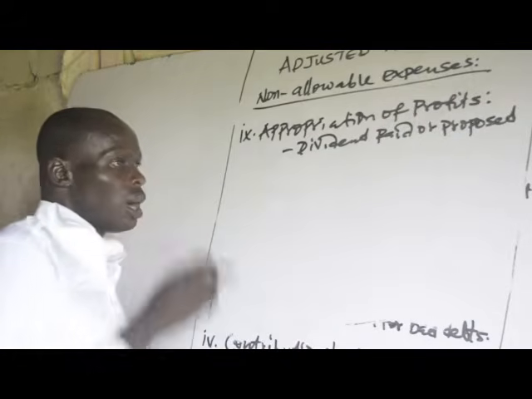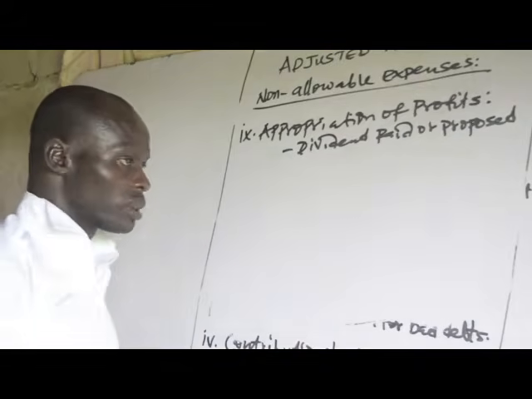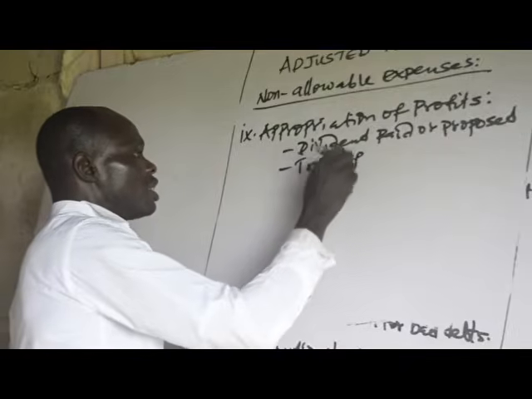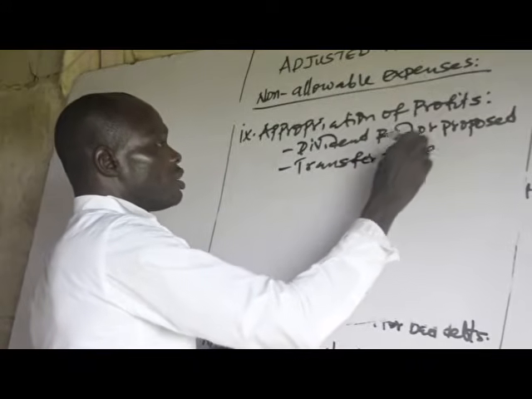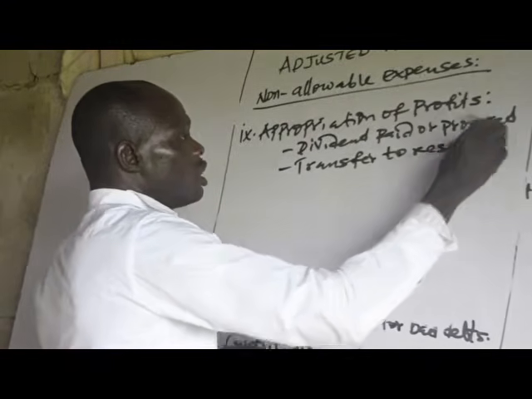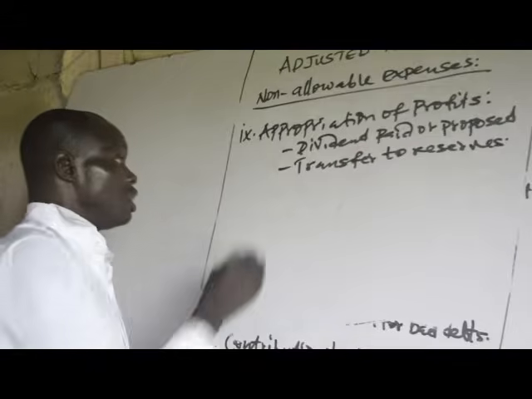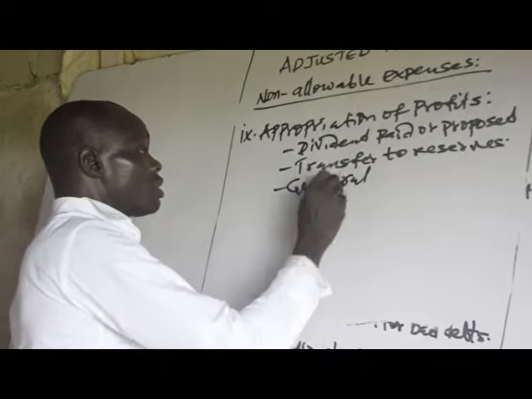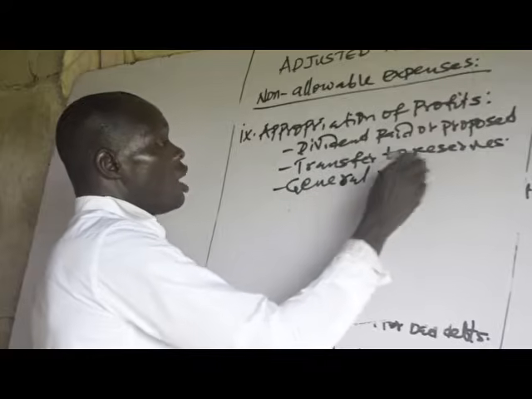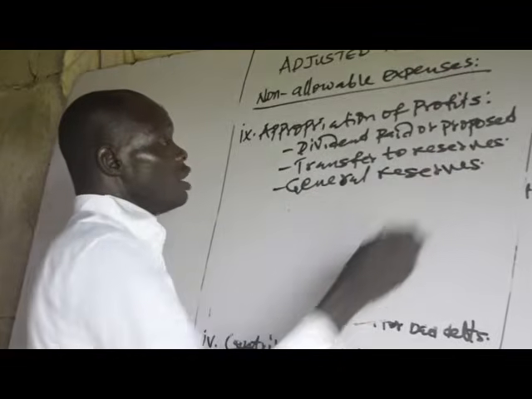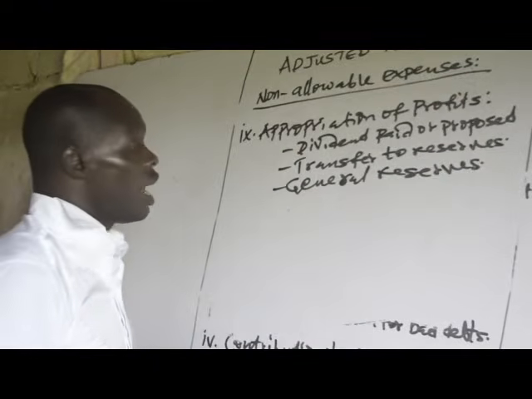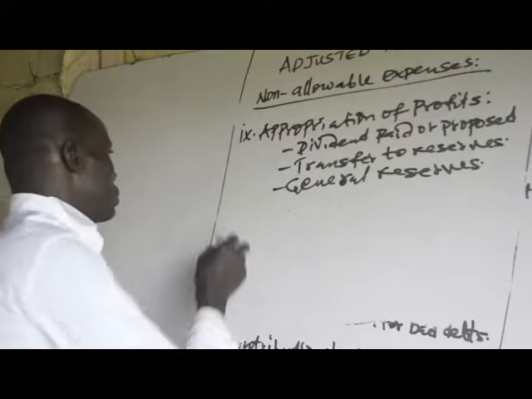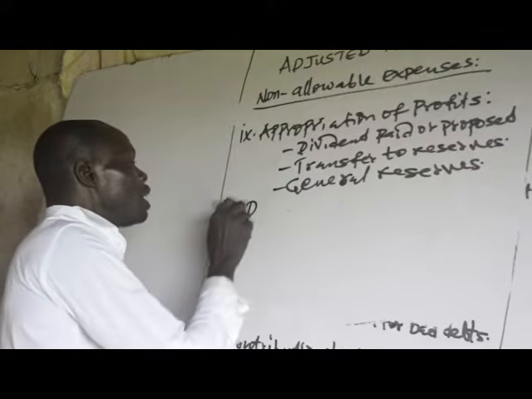Dividend paid or dividend proposed are not allowable. Transfer to reserves is not allowable, even general reserves. General reserves or reserves in whatever form are not allowable for tax purpose. Number 10, we have donations